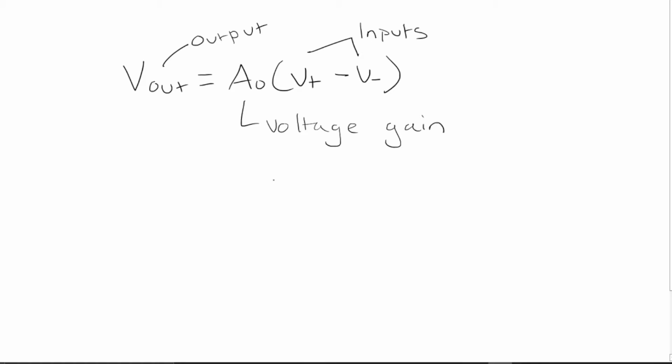This is a formula for an ideal op-amp. For an ideal op-amp, it suggests that it behaves like a voltage source and supplies voltage to this equation. So an ideal op-amp is essentially behaving like a voltage source here, and we do not have any impedance here. Ideally this would be 0 ohms,